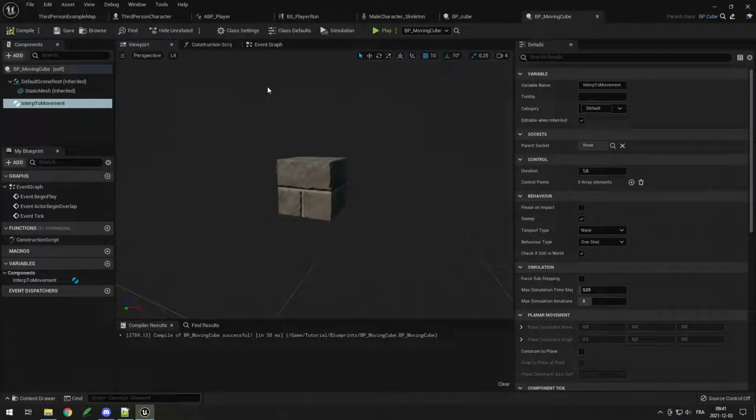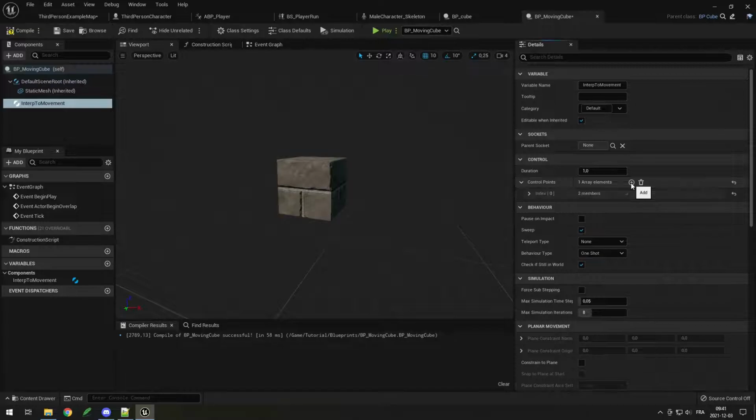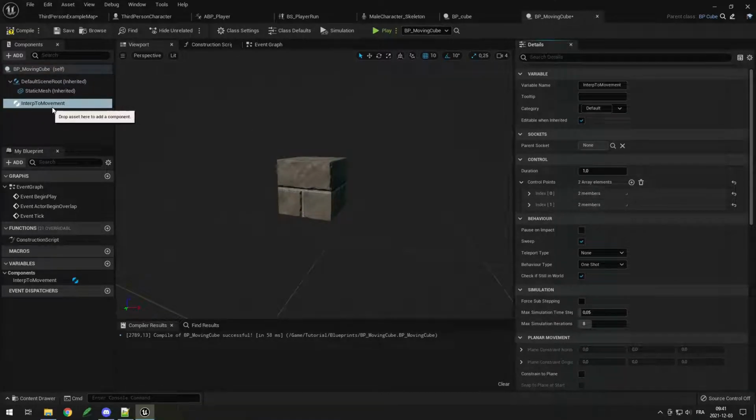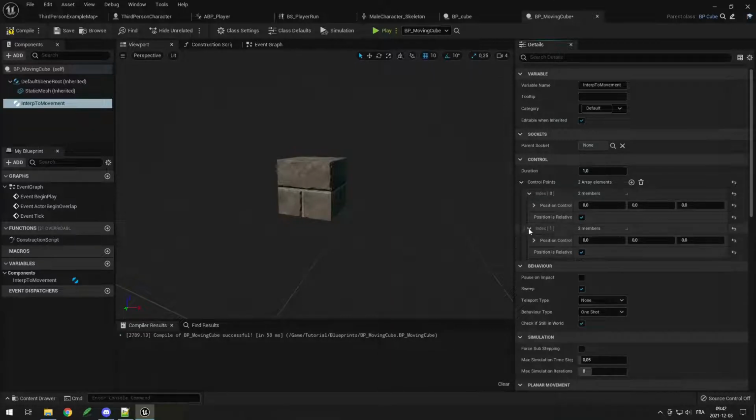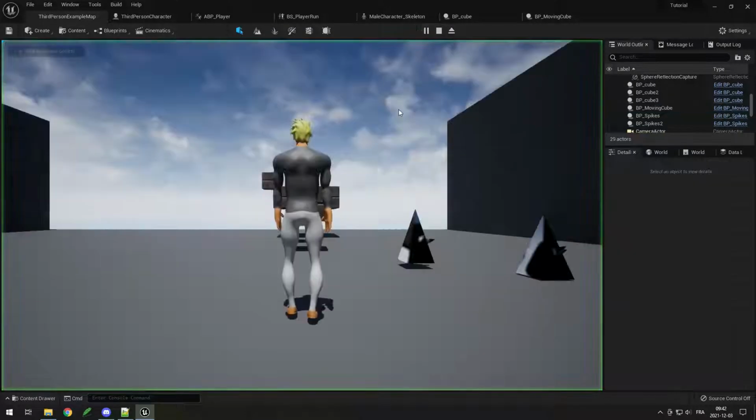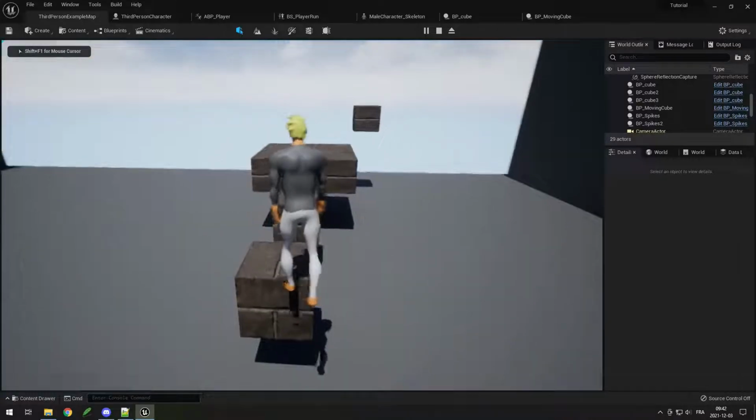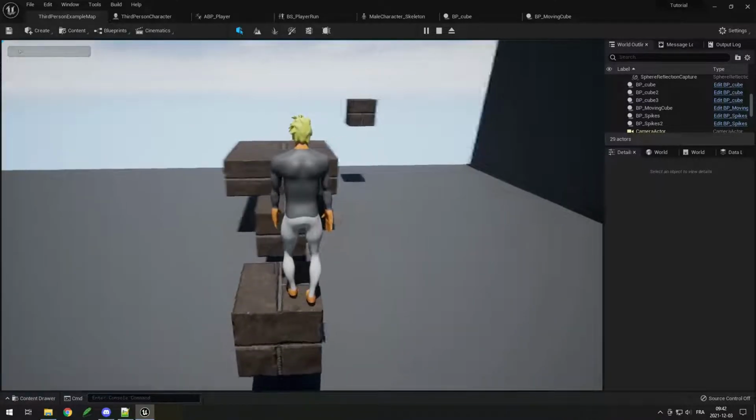But if I go in my moving cube and I add 2 control points in the control of the interp2 movement, which is just a component made by Unreal, I can then open the 2 points and then set the first one to -300 Y and 300 Y for the other one. So it's going to move between those 2 points over a duration of, let's say, 3 seconds. Compile, and now if I open this and play, you can see now our cube is moving between 2 points,